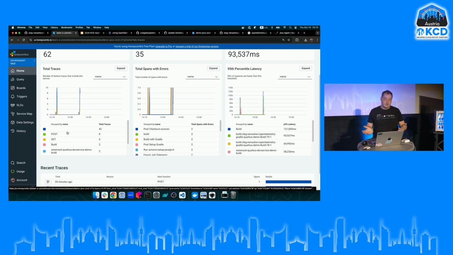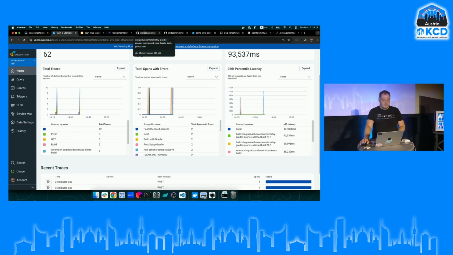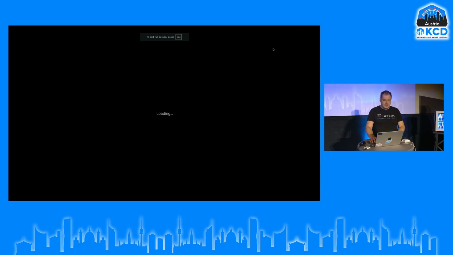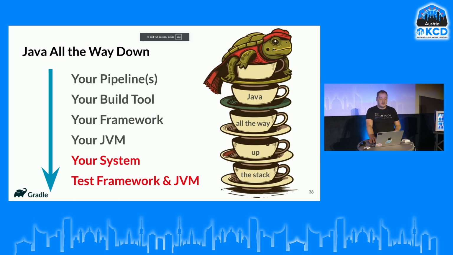There are reasons for that, like GitHub Actions itself is synchronous. There are multiple frameworks. But basically, this is the state of observability for CI/CD, specifically for Java. Unfortunately, it's more or less the same for all other build tools at the moment, because there are not enough integrations, and there are a lot of different gaps here and there.